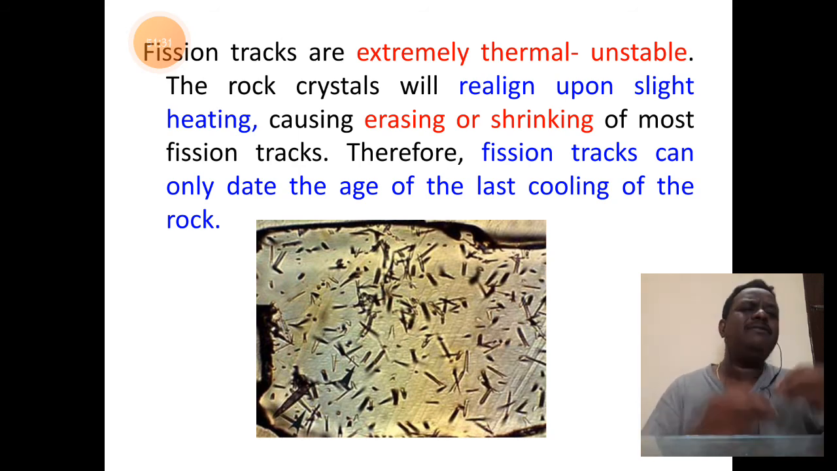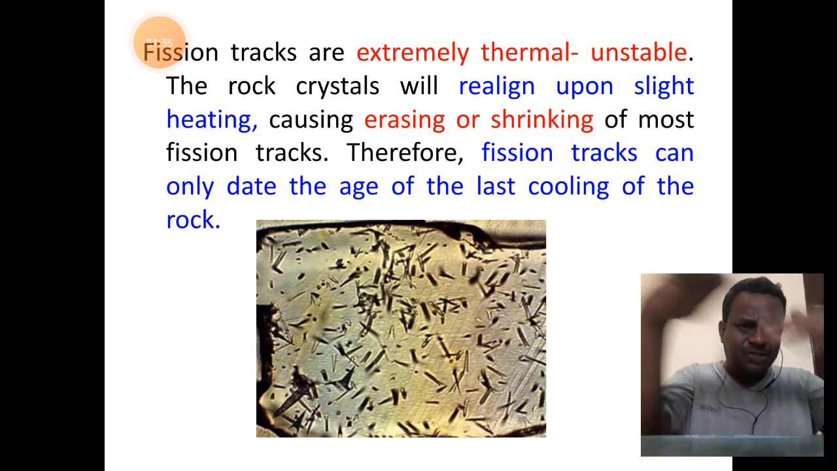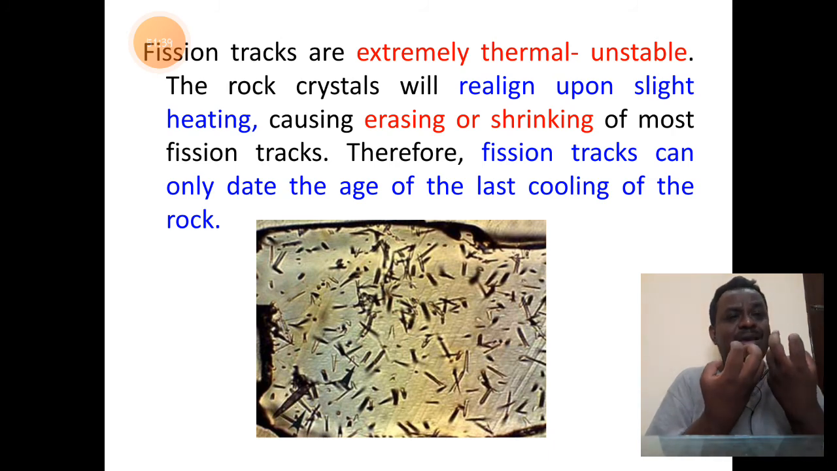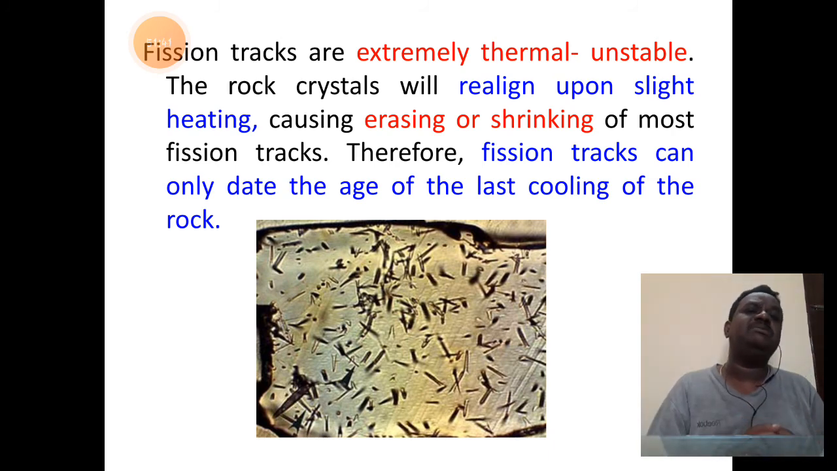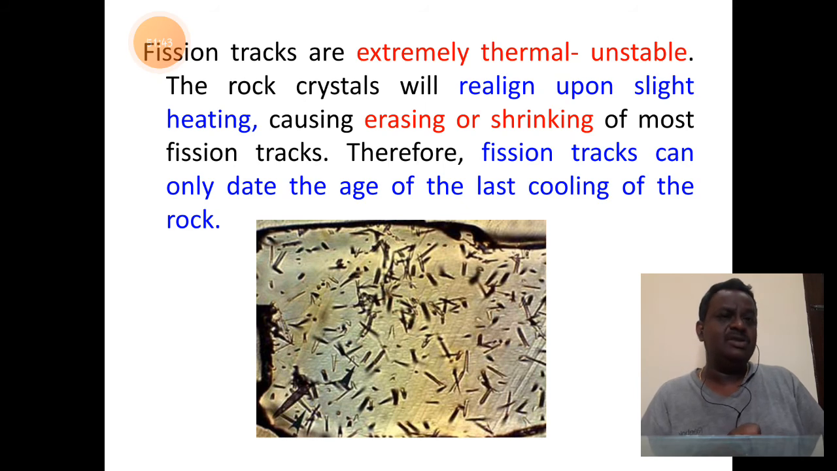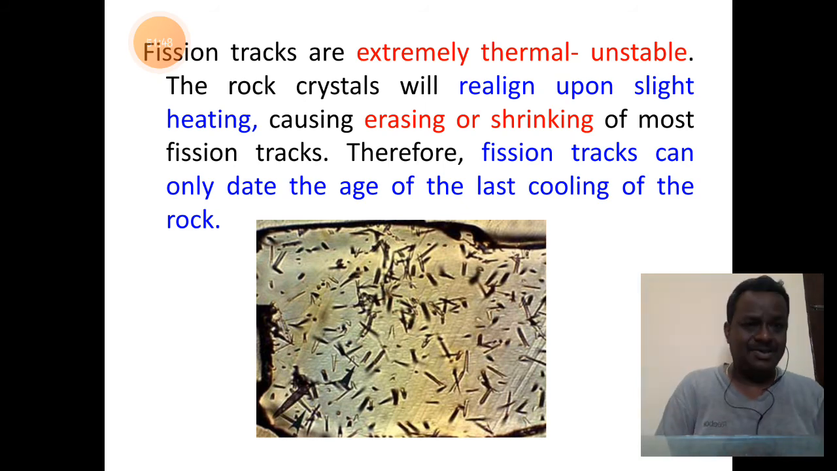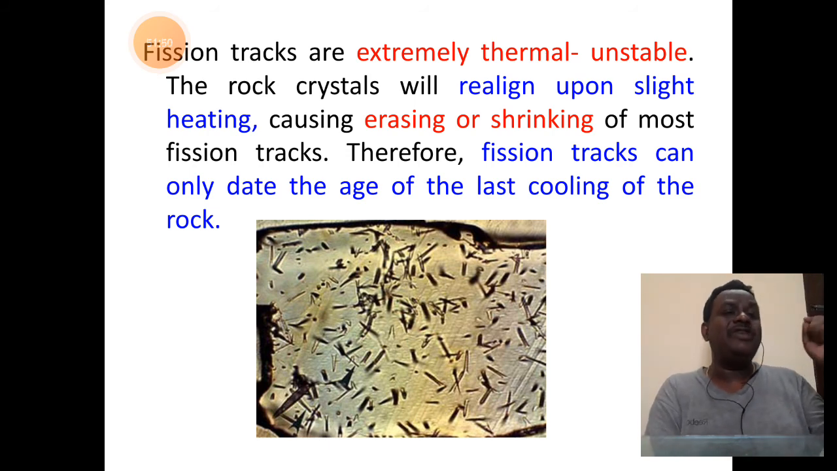If you give much heat to this rock, the tracks will realign, or sometimes the tracks may be erased out, or sometimes they may be shrunken. Thereby it will not give the right prediction of the age. So the fission tracks